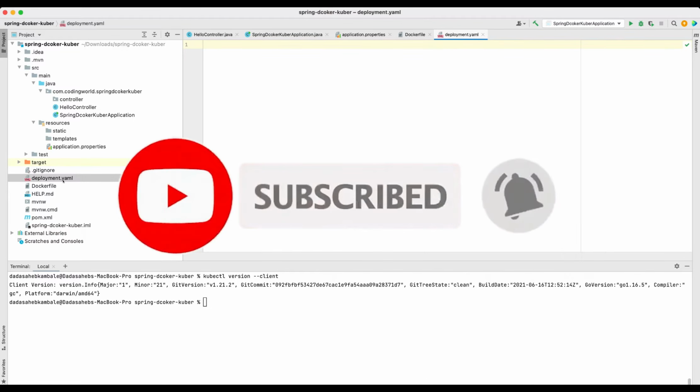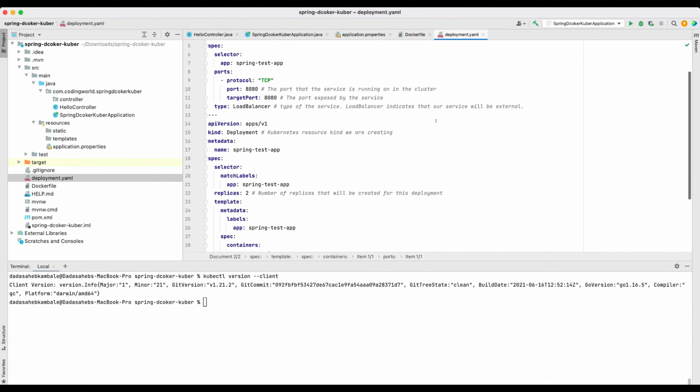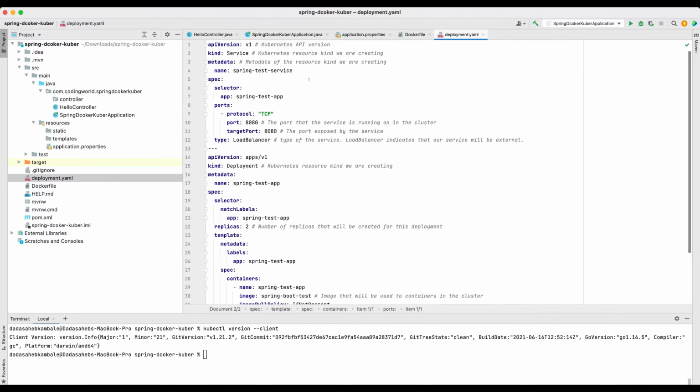Let's create a deployment.yml file. I have one sample deployment.yml file, which you can also Google and then edit according to your application. This is a sample deployment script I have, and I'm going to explain all the tags. API version is v1, kind is Service. As I told, there are mainly two types of kind, one is Service and the second is Deployment. Apart from that there are various kinds, but in our case we are focusing only on Service and Deployment.